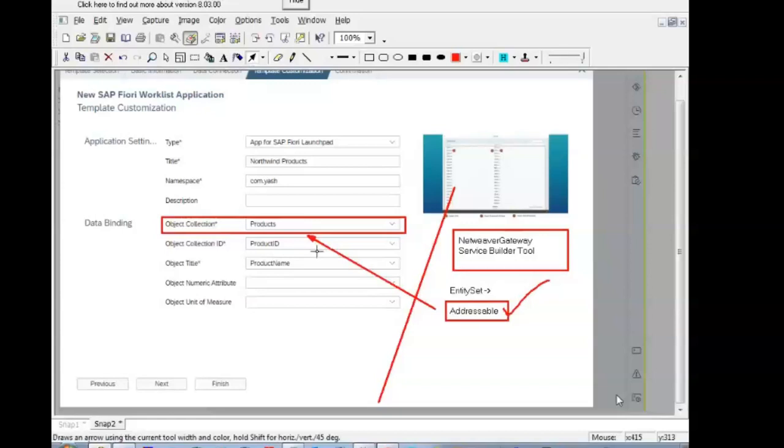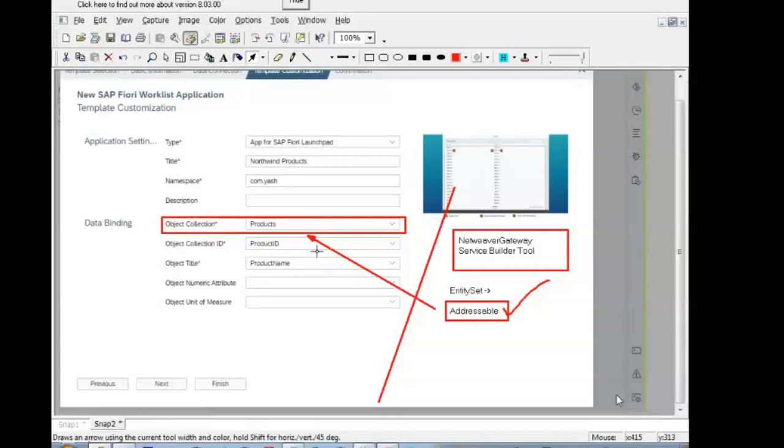Even then the service will work. Whatever service is generated in the backend and you want to use, the service will work. But you don't see the entity set in the drop down. In that case, if the OData developer is not available, then from the UI5 development perspective, you cannot use the worklist template with that service, because when the entity set is not found in the drop down, you cannot proceed further because that is a mandatory field.